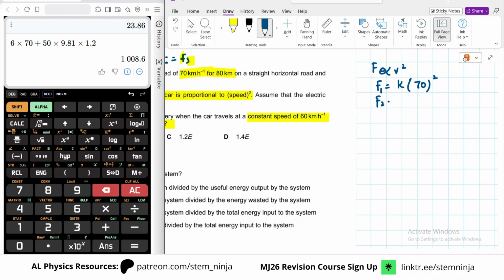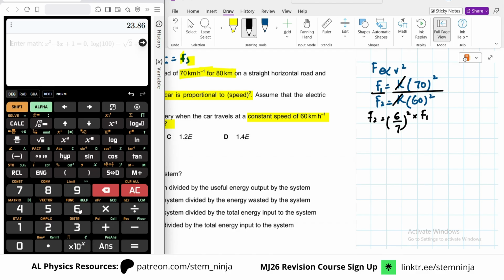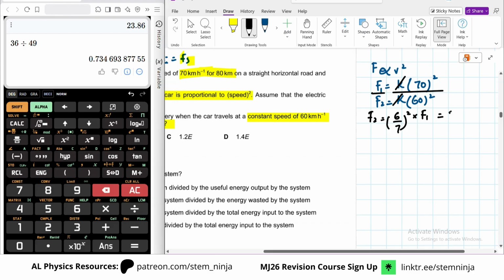F2 on the other hand would be K, same K, times 60 squared. So basically when we divide both of these, K and K would just cancel. So your F2 is basically 6 over 7 whole squared times F1. Okay, so 6 over 7 whole squared, so 36 divided by 49. Actually we can keep it like this, we don't need to do anything for that. Okay, however,